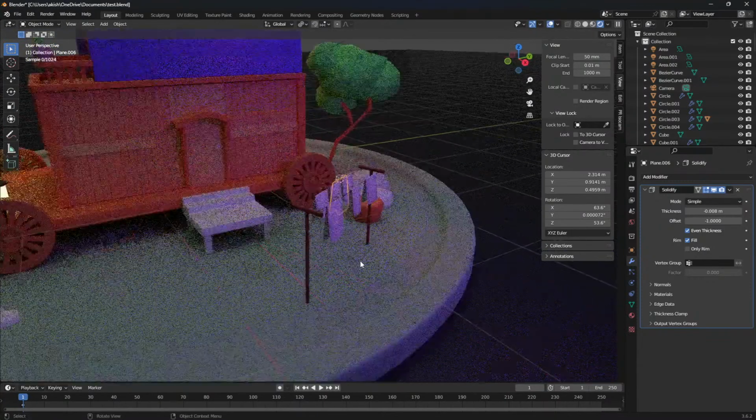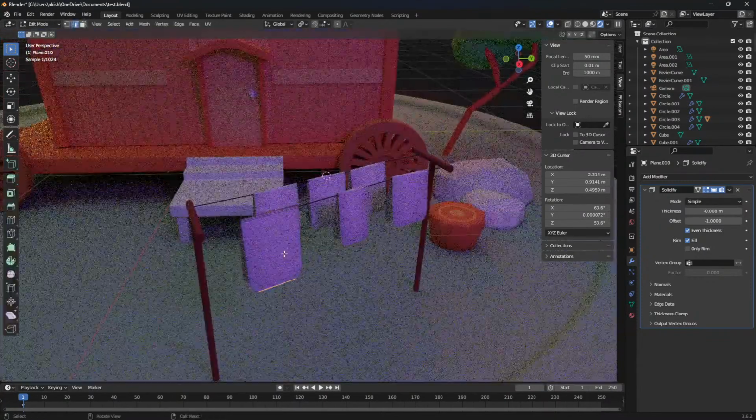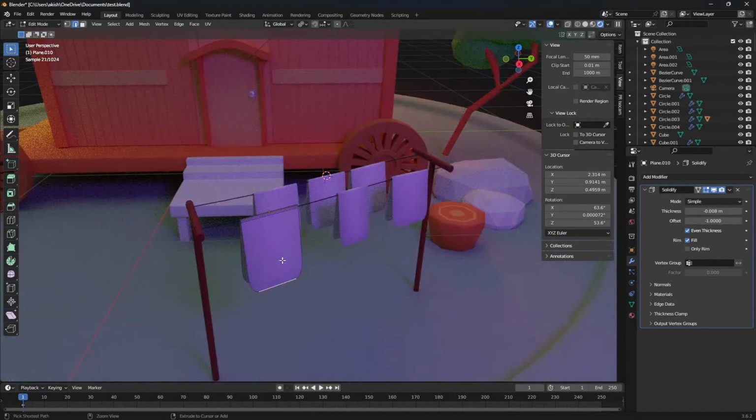So we have simple hanging clothes, so let's give them a loop cut maybe if we want. No, let's give them a